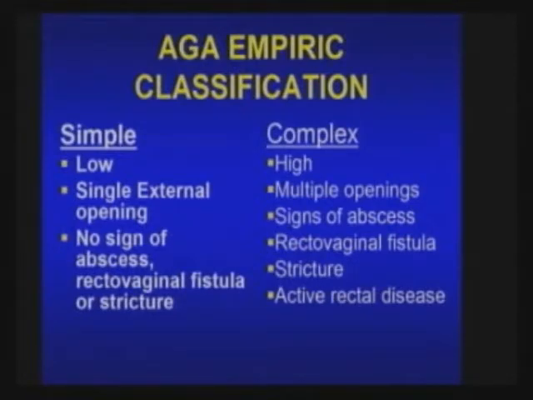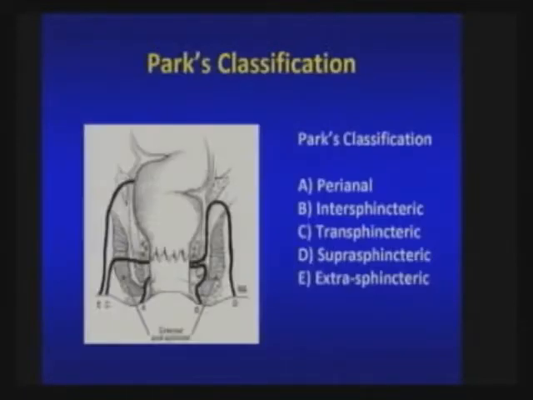Basically, if they're low, have only one opening, and there are no associated problems, they're simple. If they're higher, more complex in terms of involving the vagina or having an associated stricture or active rectal disease, they're considered complex. Surgeons use a different classification based on how much of the sphincter muscle is involved, so